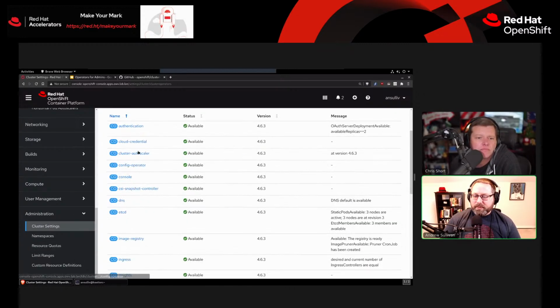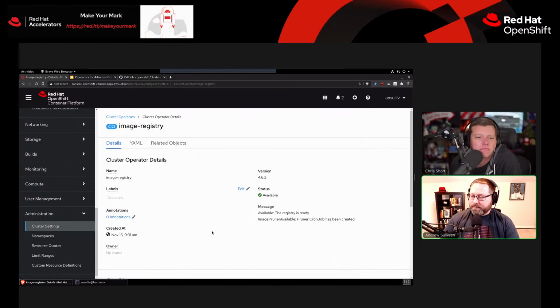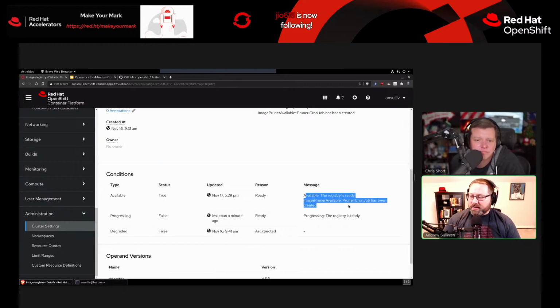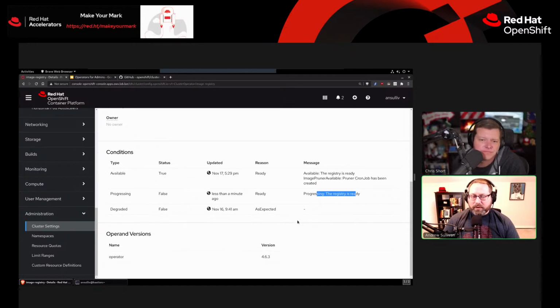And now if we go back to our cluster operator and we go to the registry, we can see it's already updated. Wow. Right? Didn't take it long. And it's already up and available and ready to go. I could review all the logs and see all the changes that took effect, but effectively it's just